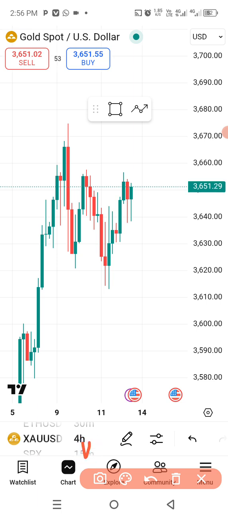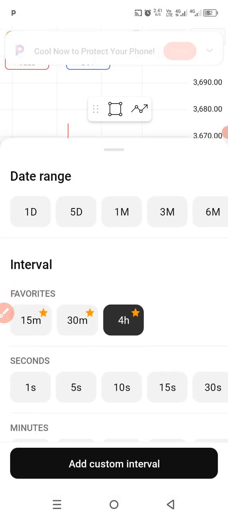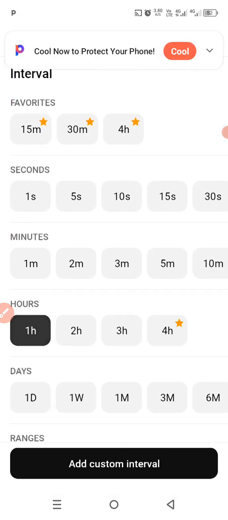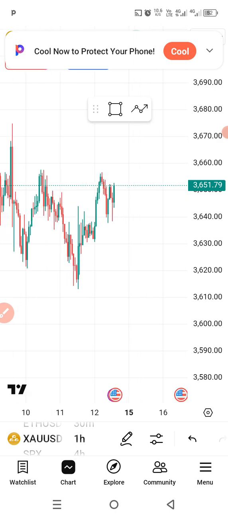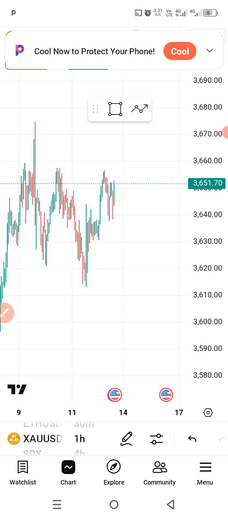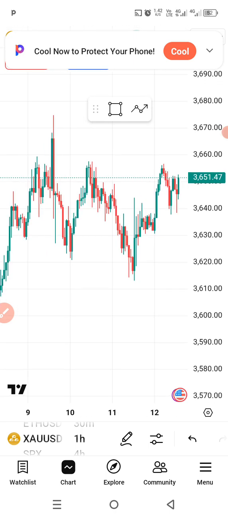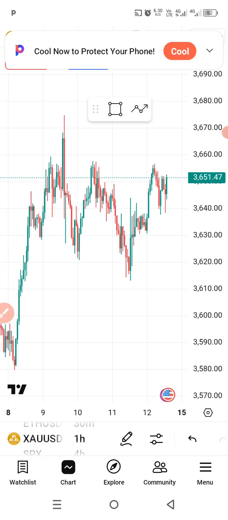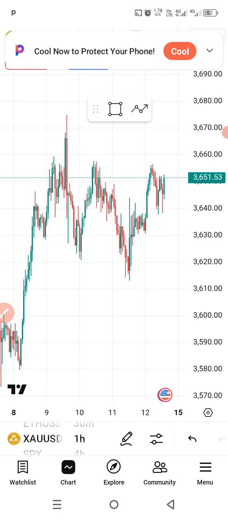You will now have to come back to the 1-hour time frame and still watch the market movement again to confirm what your mind is trying to tell you. You can see here it is also giving us the same momentum, because if you take a look at this chart now,